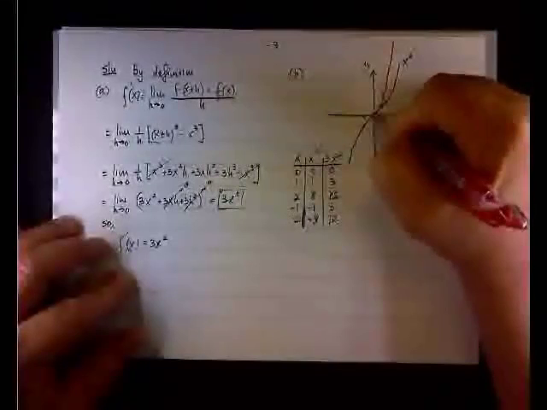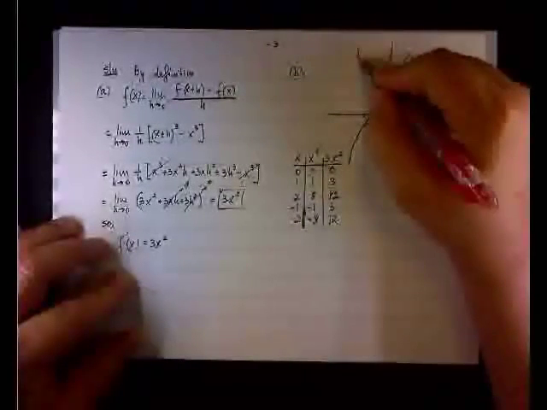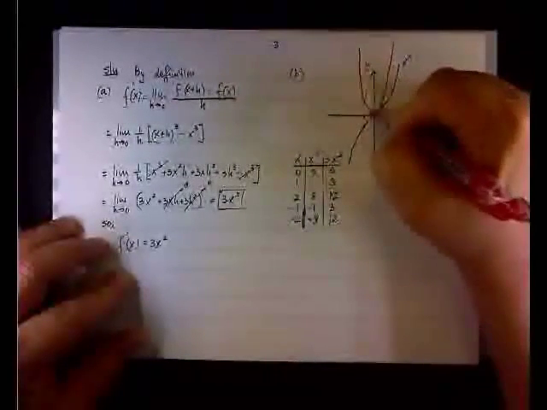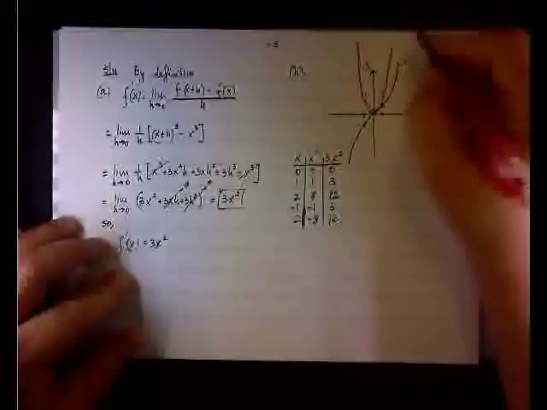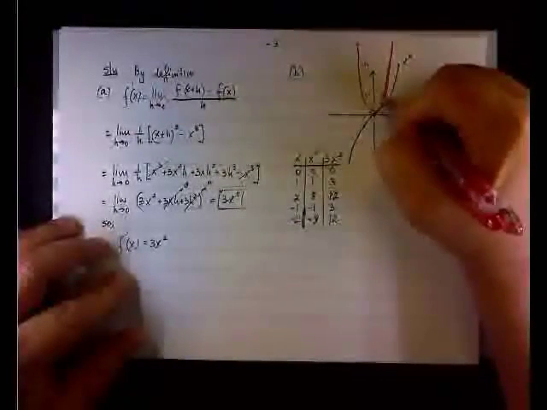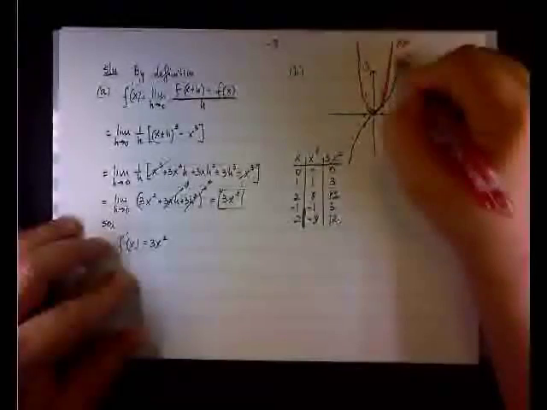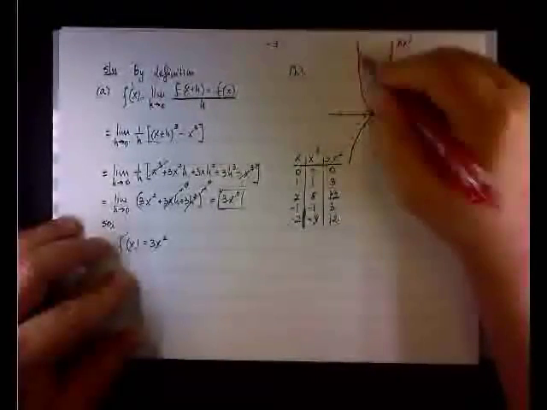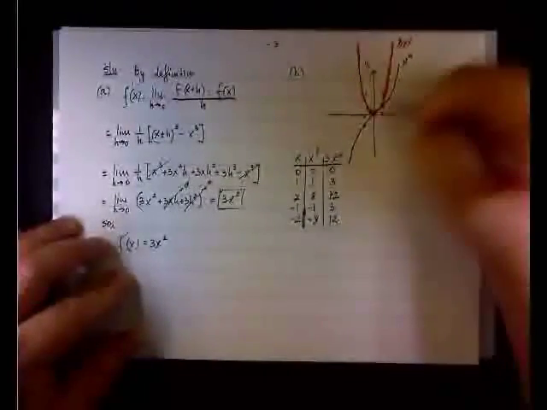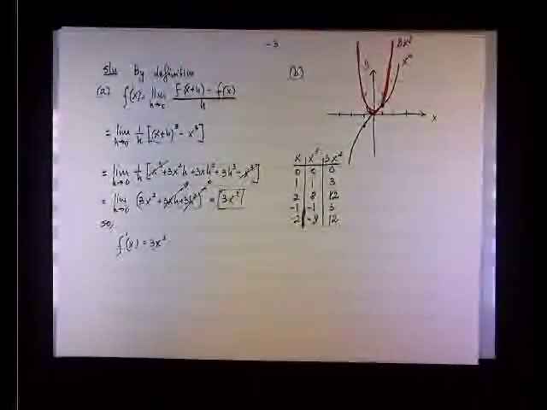So it looks like this. Okay, so the derivative looks like that. So this is 3x squared. More on that in the near future, but for the time being,